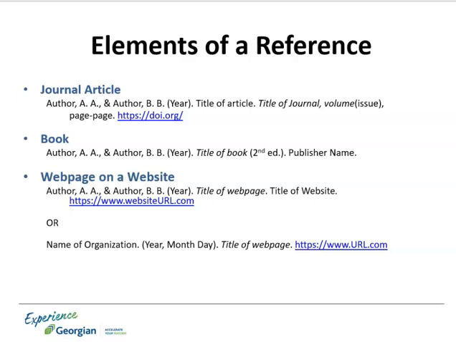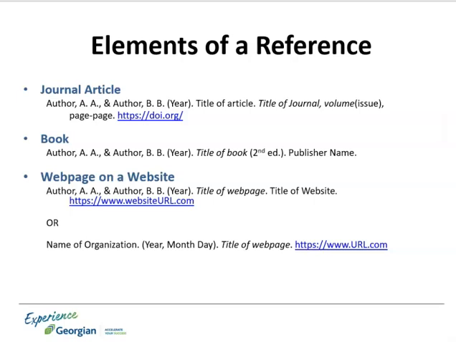Books follow a similar pattern, beginning with the authors and year of publication, but then you want to include the title of the book. The title of the book is not written using title case, so only capitalize the first letter of the first word, any proper nouns mentioned in the title, and the first word of the subtitle if there is one. The book may or may not have an edition. If it doesn't have an edition, simply put a period after the book title. If there is an edition, it appears in parentheses, as in the example shown here, and the period will appear afterwards. Then you want to include the publisher's name and a period to end the reference.